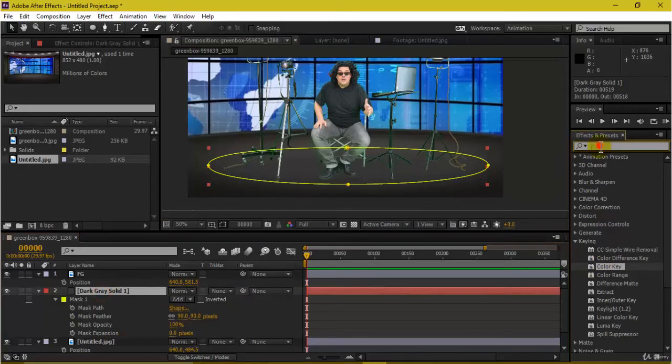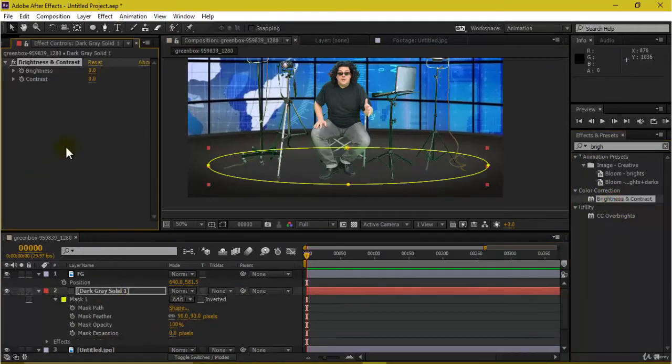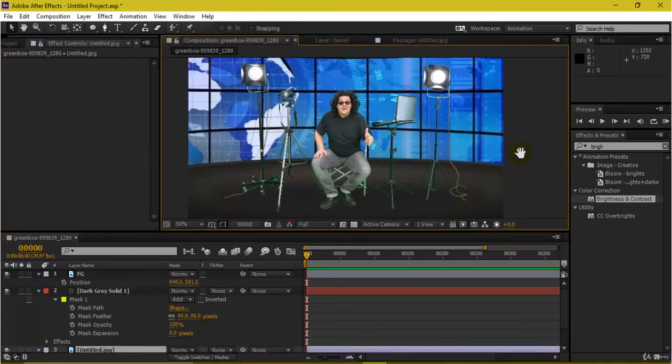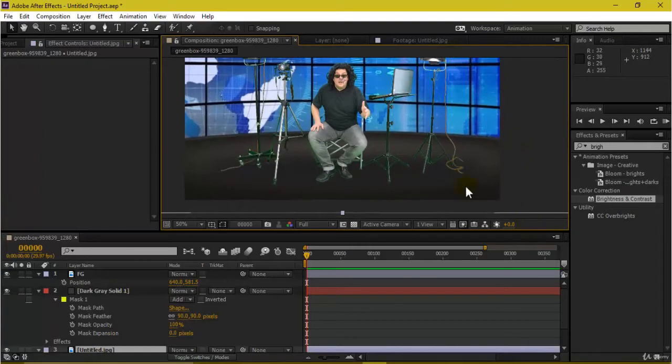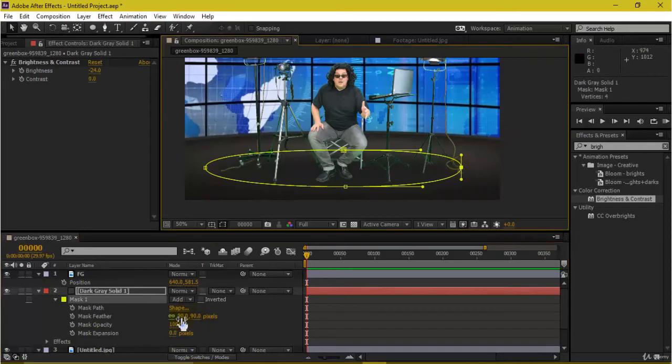I guess it has to be more dark, so I'll decrease the brightness maybe over here, and I would also like to select this and increase the feather more so that it looks pretty much natural to me.